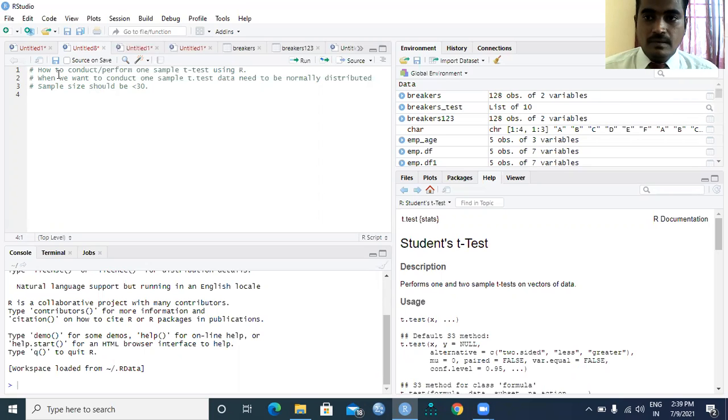So how to perform the one sample t-test?